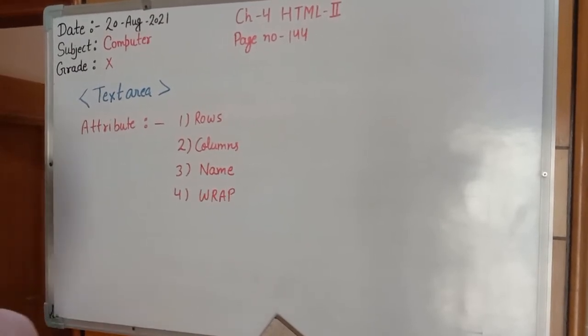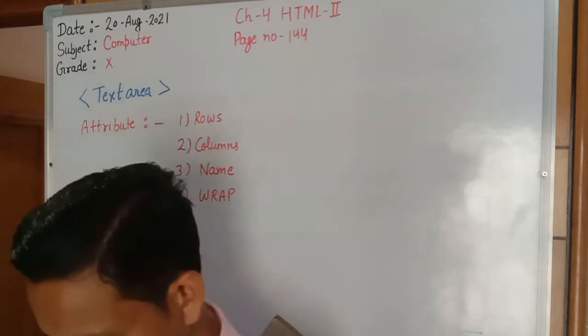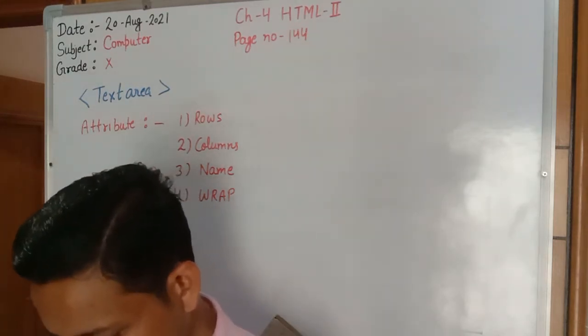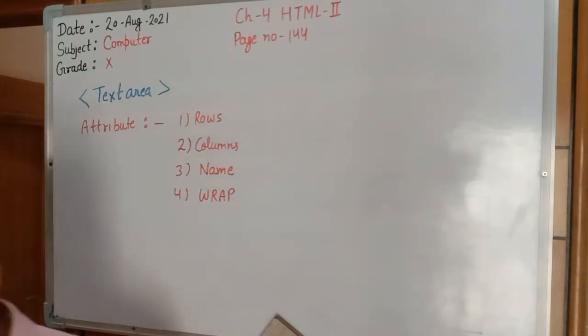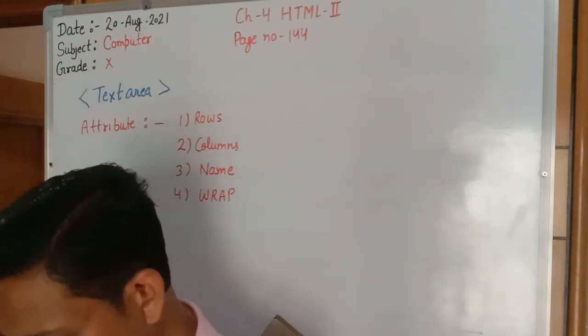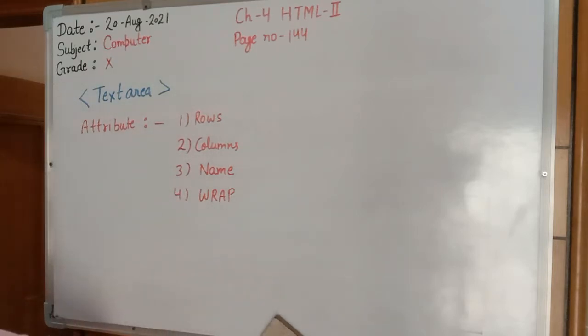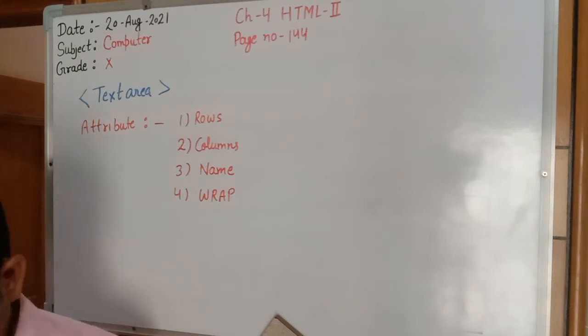Now see, columns defines the width of the text area, how many columns can be accommodated, number of characters per line. It means how many characters we can write in a line. Rows represent the number of lines, number of rows the text can accommodate without scrolling. And the name defines the name of the text area element, and name is not displayed on the form. And wrap, if it is off, virtual or physical, it specifies what to do with the lines that are longer than the width of the text area in the input field. It moves the text to a new row in a paragraph.